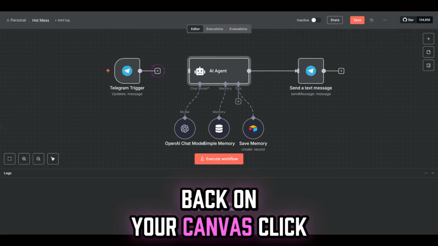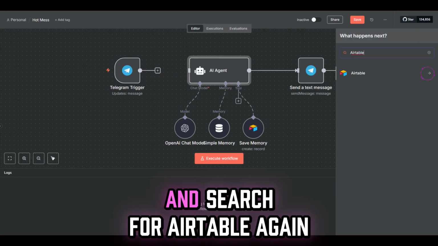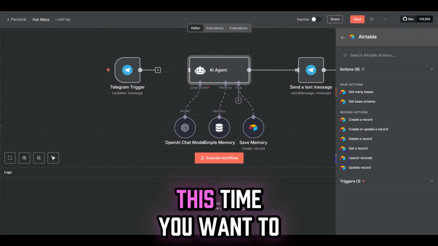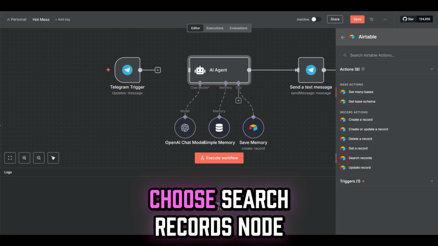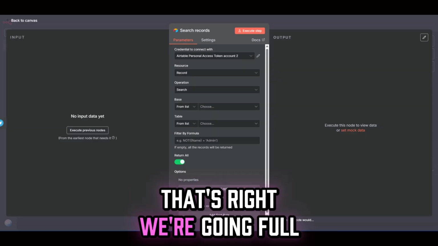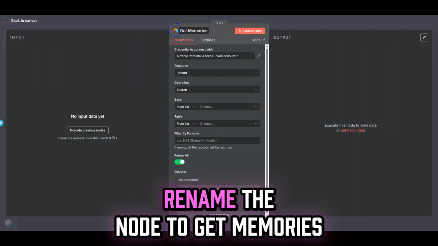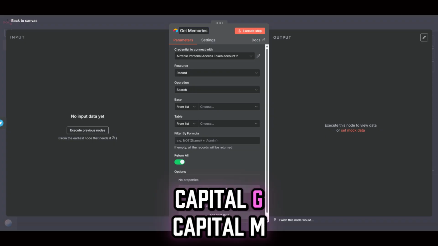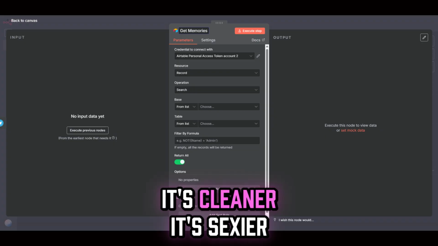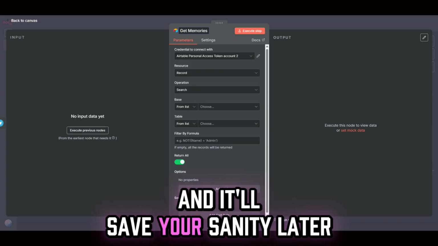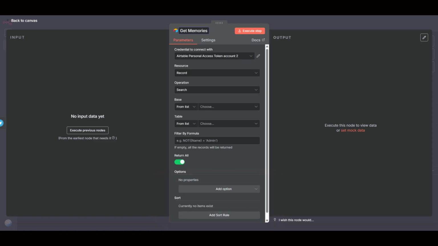Back on your canvas. Click that sweet little plus sign, and search for Airtable again. This time, you want to choose Search Records node. That's right, we're going full data archaeologist now. Once it's on your board, rename the node to Get Memories. Capital G, capital M. It's cleaner, it's sexier, and it'll save your sanity later when your canvas looks like spaghetti